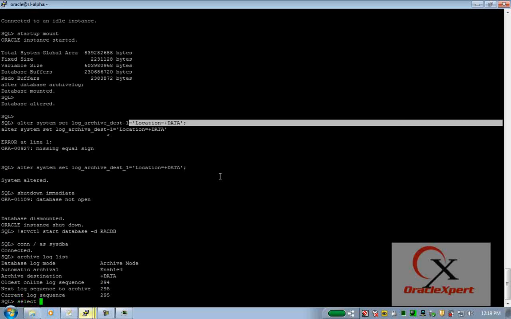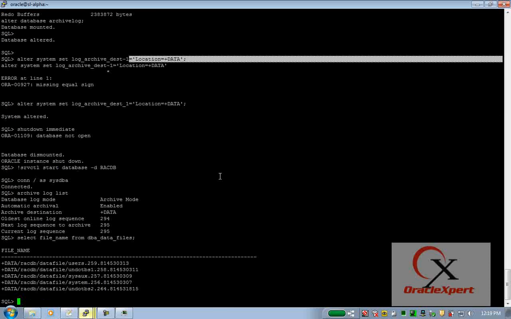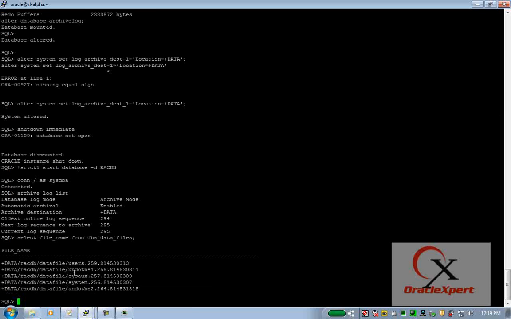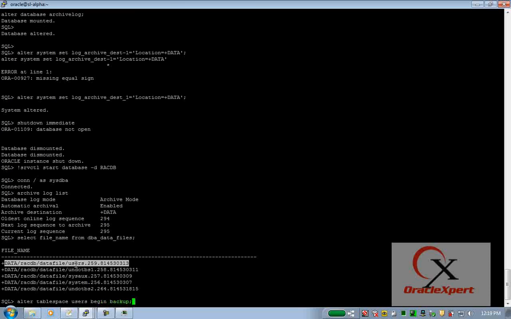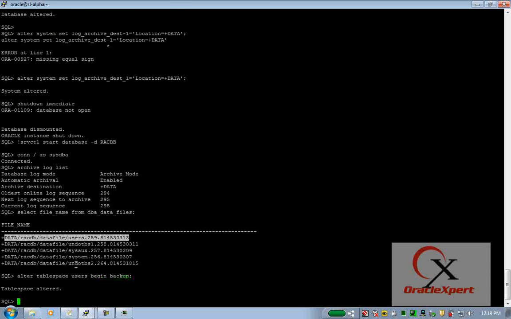Assuming that I want to copy the file belonging to the users tablespace. Which is this. I select this file just because of the size. This is the tiniest file on the entire ASM. So I said alter tablespace users begin backup. Once done,